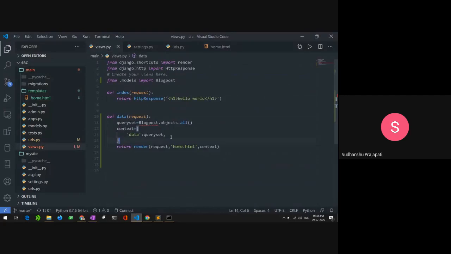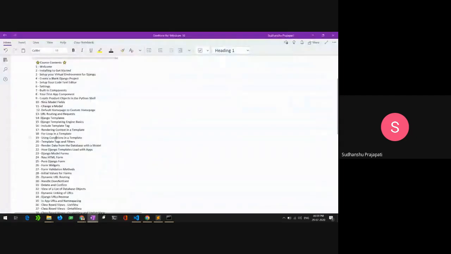So tomorrow we will try to work with creating objects. We remain with the conditions, the template tags and the filters. We are rendering data from the database and how Django templates load, and we have discussed that too, and we need to work with Django forms.